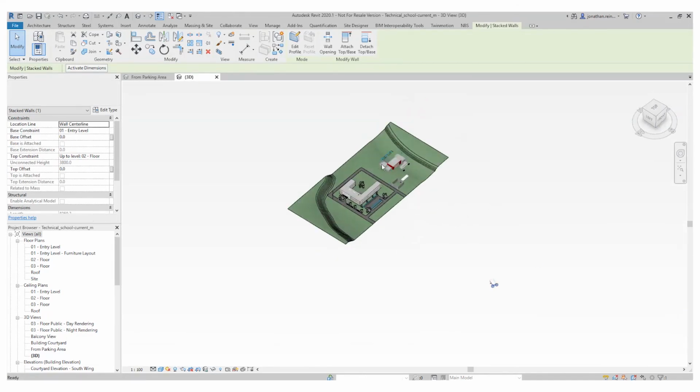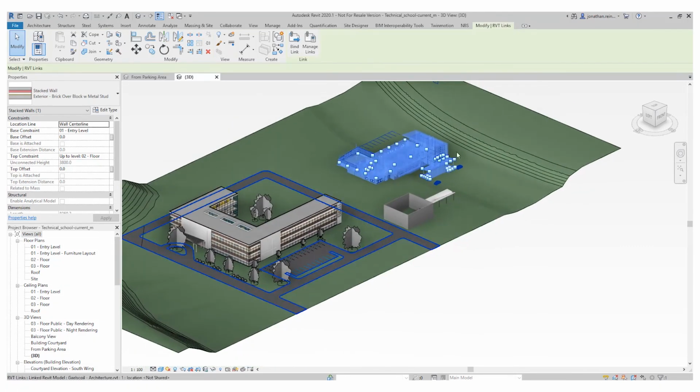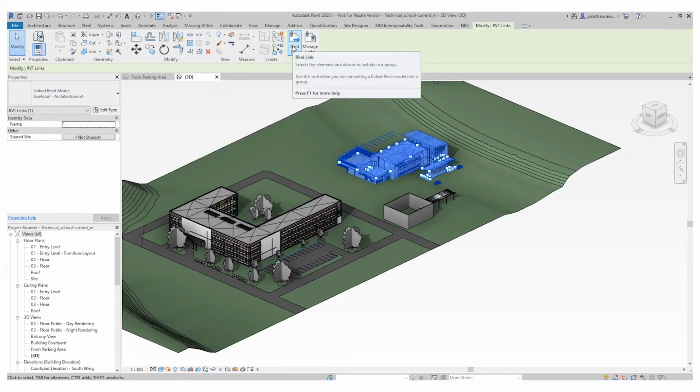So this is within my 3D view, so we can see the linked files at different angles if we want. You can see it's placed on the ground there, and the same goes for this particular one as well. So these are editable within the external files. If you were to open this Gale Skull Architecture.rvt file, then obviously you can manage that from in there, and you can also bind it, which is similar to the way Express might work on all of